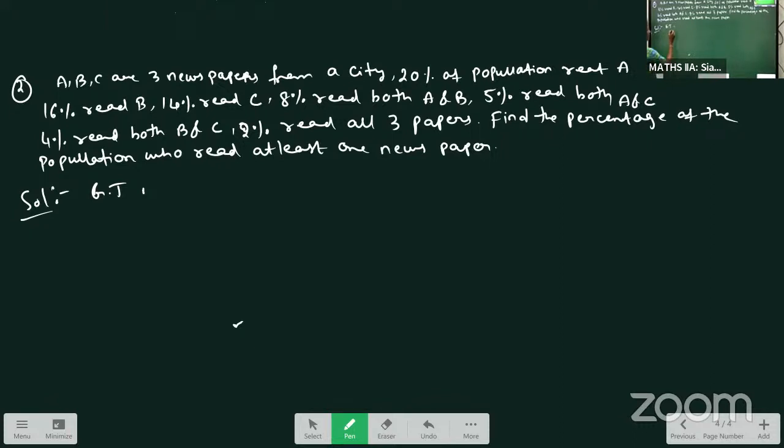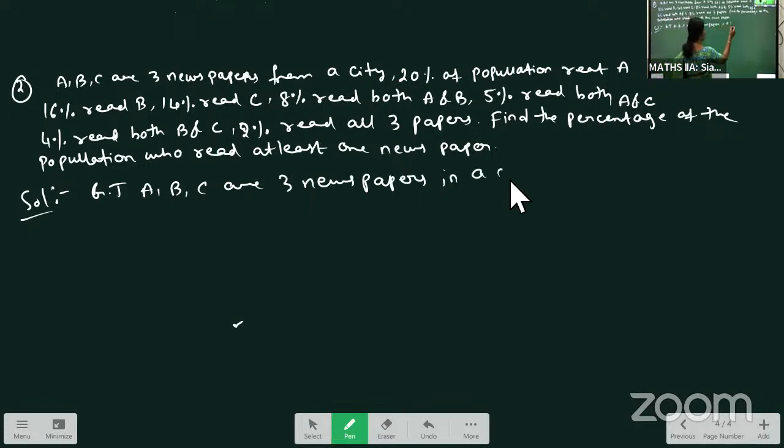Yeah, solution. Given that, what is given? A, B, C are 3 newspapers in a city. So different percentages are given because everybody can't read all 3 newspapers. Some can like A paper, some can like B, some can like C, some can read both A and B, some B and C, some C and A. Some people are there who wanted to read all 3 newspapers also. Further, different combinations are given here. Given that,